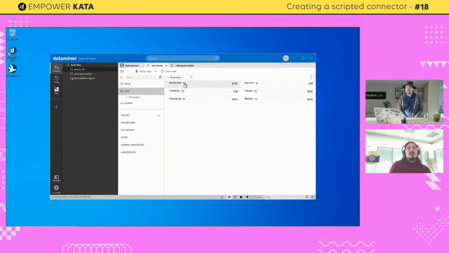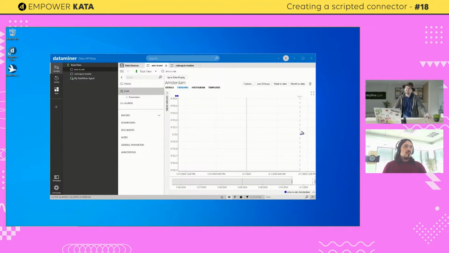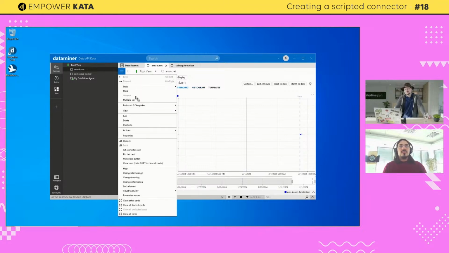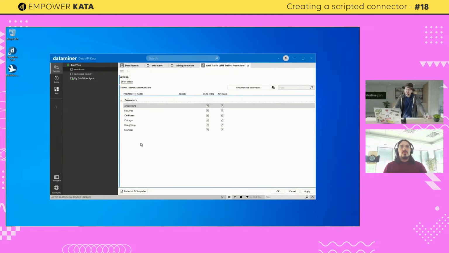Yeah, you can do it. As you can see, it looks like any other element you have seen in DataMiner before. You already see the trending icons next to the parameters. By default, we already enable trending for everything, so that you don't need to do it. You arrive here and you have everything available. Right now you don't have data because it just started. But if I go to the templates, you can see the element has a trend template assigned by default. For every single parameter, we enable real-time and average.